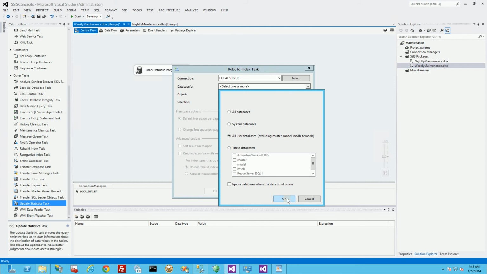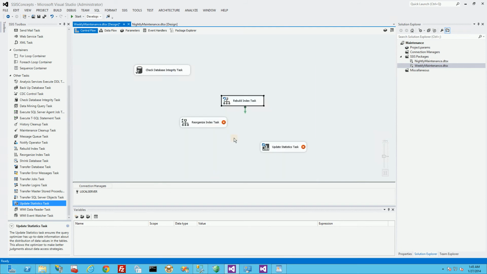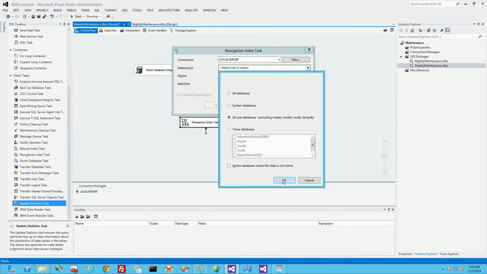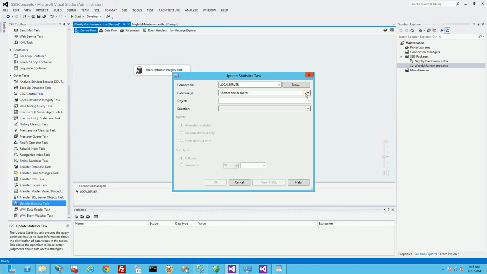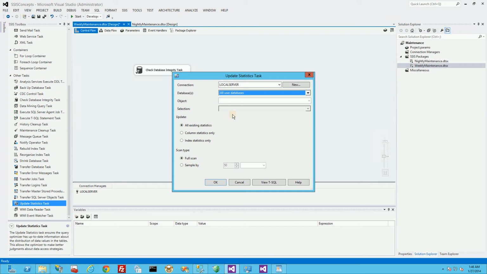And all of these maintenance jobs are in SSIS by default for a reason, so it is a very good idea to simply use every one of these and examine within your production environment how you should be scheduling them. So you'll see I'm just choosing all the user databases here,